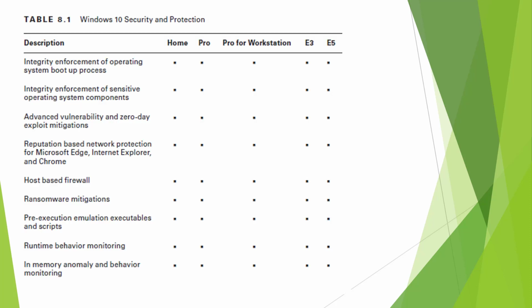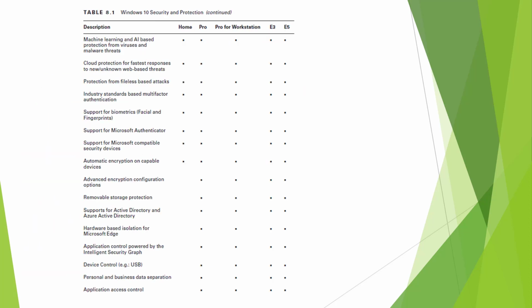So what's in all the different versions? Things like integrity enforcement for OS booting, that's in all versions. Host-based firewalls in all of them. Ransomware mitigation techniques in all of them. Memory abnormal and behavior monitoring, that's in all versions of Windows 10. If we're looking at AI, or file-based attacks, or authenticators through Microsoft, or encryption capability, or storage protection, or device control,